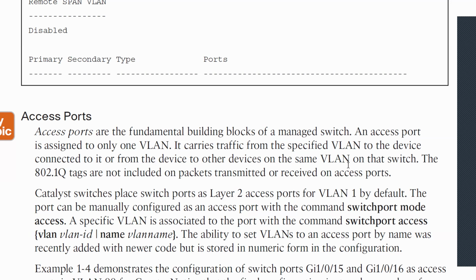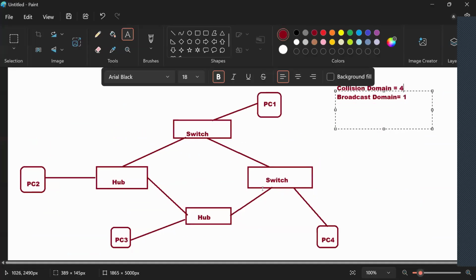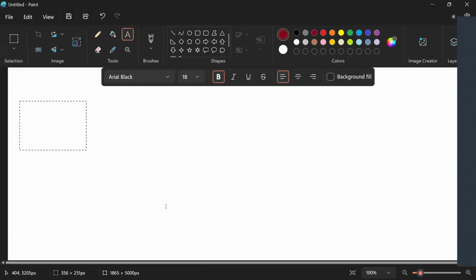While a trunk port is by default a member of all the VLANs and can carry the traffic of all the VLANs by default. But if you want to filter, we have the allowed VLAN and blocked VLAN concept. Clear? Access ports are where you connect your end host, while trunk ports are generally used for switch to switch connectivity, or sometimes switch to router or switch to server connectivity. You can mention it in short about access and trunk.